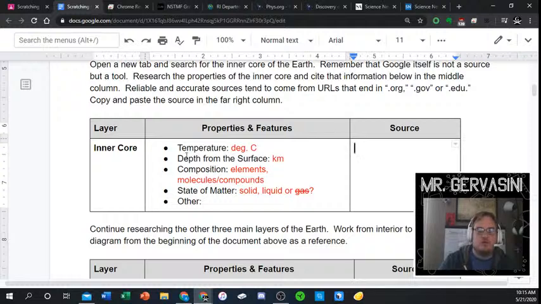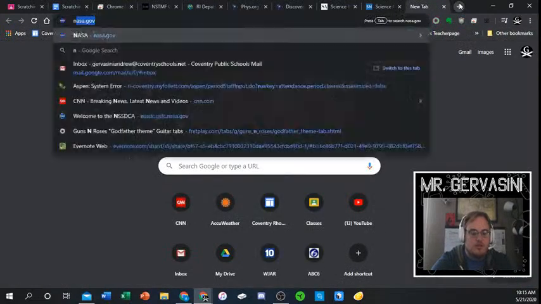Just focus on the inner core. So start doing the inner core right now, and give me questions as you're trying to search for the inner core. Okay? Don't concern yourself with the other layers just yet. I want to make sure we're on the right track. So, let's say I go